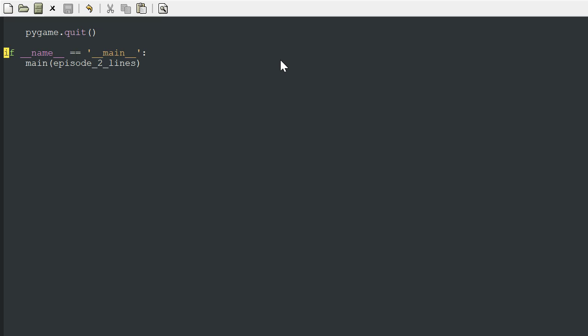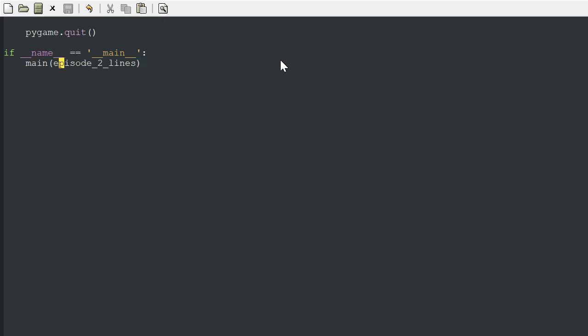This variable here is a special Python variable which is set by Python, and it is set to the string __main__ when it is executed on the command line. So this is saying that if this module is the main module, essentially if it's been run from the command line, then